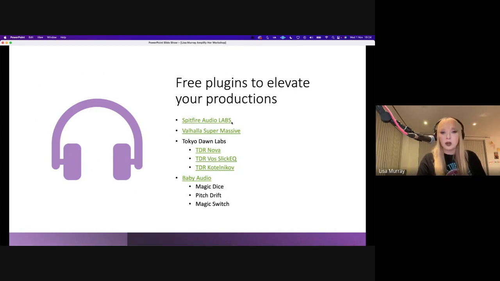Spitfire Audio Labs, I don't know if anybody's used Labs, but it is amazing. Spitfire Audio are this great company who do sampled instruments. They're based in London, and they'll go to Air Studios or Abbey Road Studios, and they'll get really great players in to play a whole instrument. They sample everything, and then they turn it into an instrument that you can play on your MIDI keyboard, or that you can just put in MIDI stuff for.